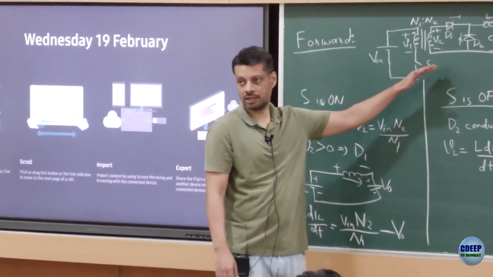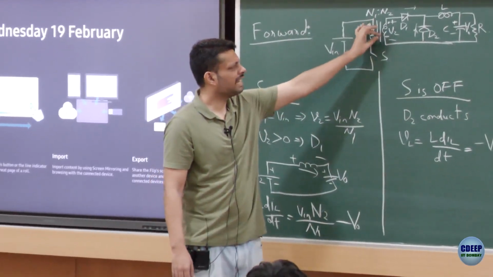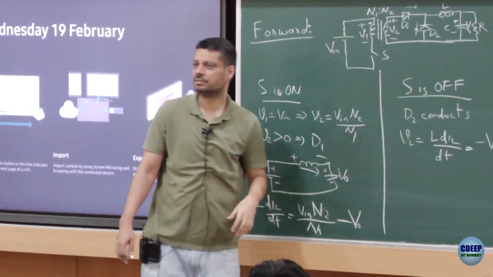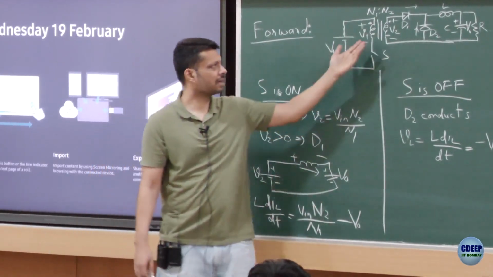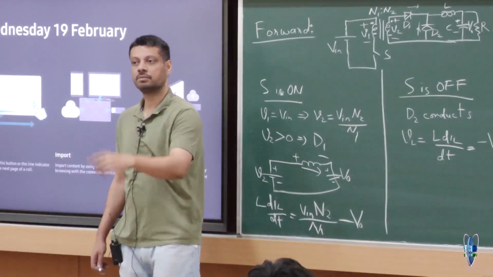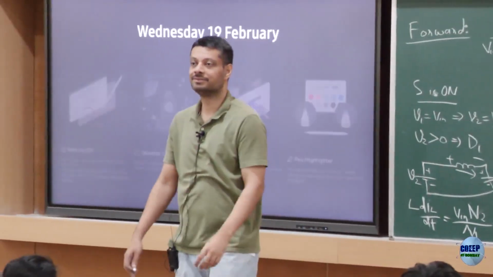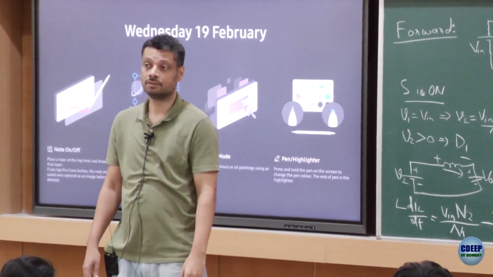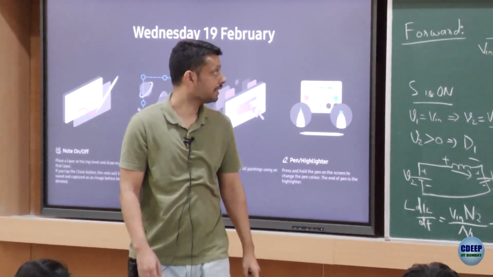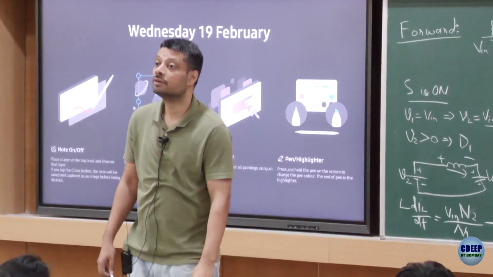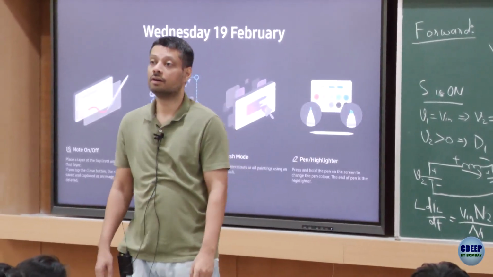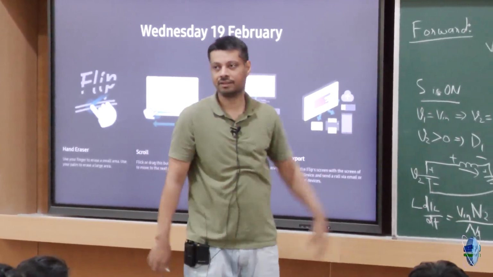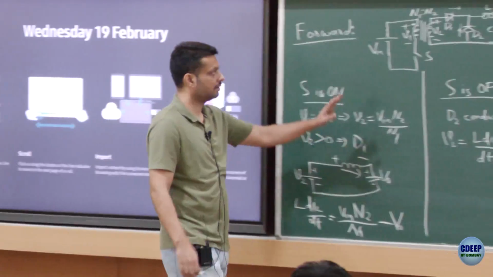So when the switch is open, the voltage across the winding is very small, minus 1 volt to be more precise, right? Why would it become negative? No, but go ahead, what did you get? But why would it become negative? Current would? Yeah, go ahead. Yeah, so something related to magnetizing inductance would happen, right? We'll come to that part very soon.